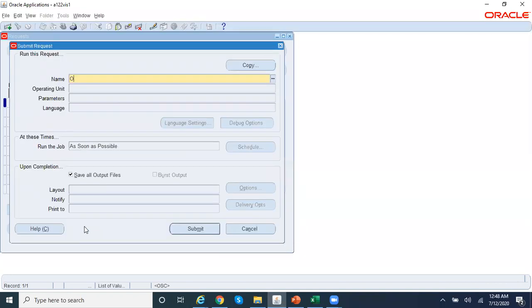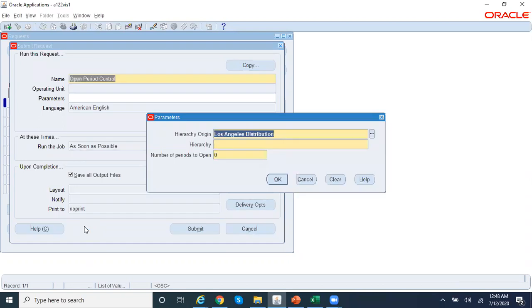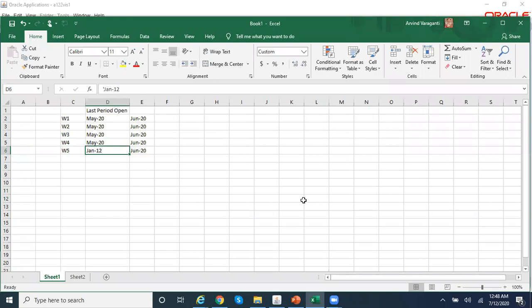Submit new request, open period control program. Hierarchy origin is W1, hierarchy name is the test inventory hierarchy I have created, and number of periods to open is 1. If I say number of periods to open as 1, it's going to open June 20 for all these orgs, and in the case of W5, it will open all the periods from Jan 12 to June 20.